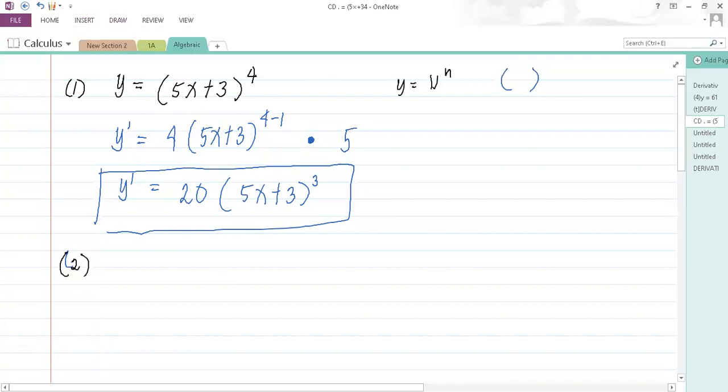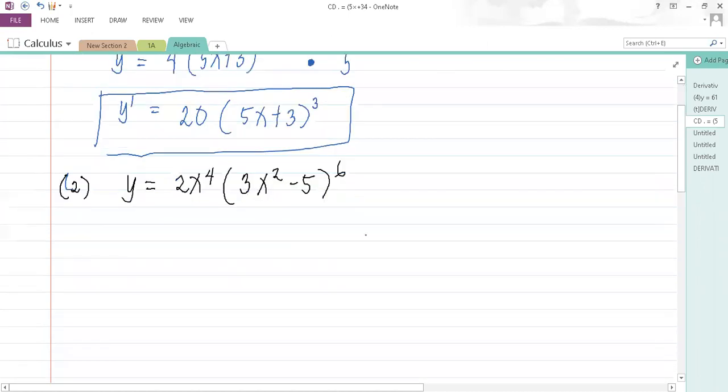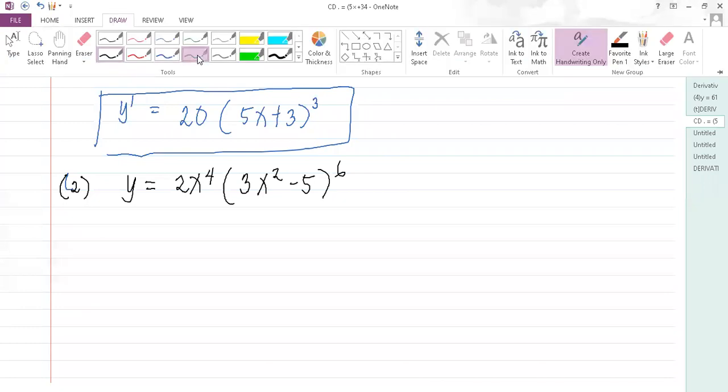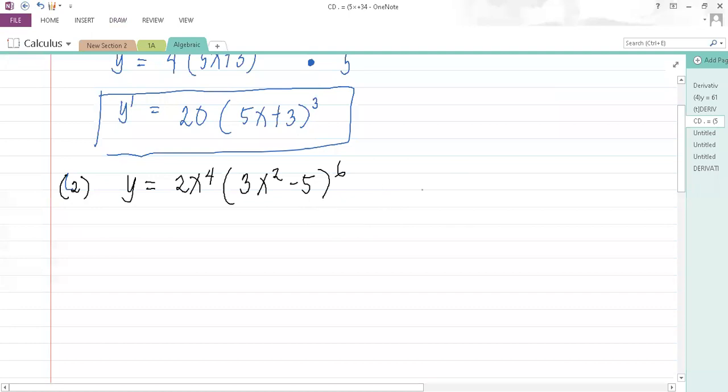Okay, say we have to find the derivative of y equal to 2x raised to 4 times (3x squared minus 5) raised to 6. Okay, so meron tayong power, yung exponent dito, and meron tayong product. So para hindi tayo mahirapan, kunin natin pagka merong product or quotient, kunin natin yung derivative